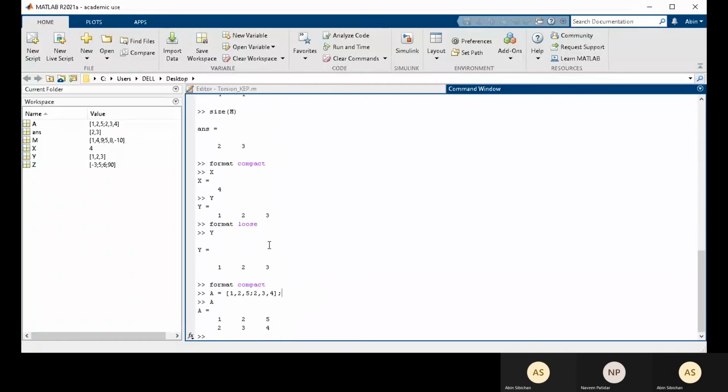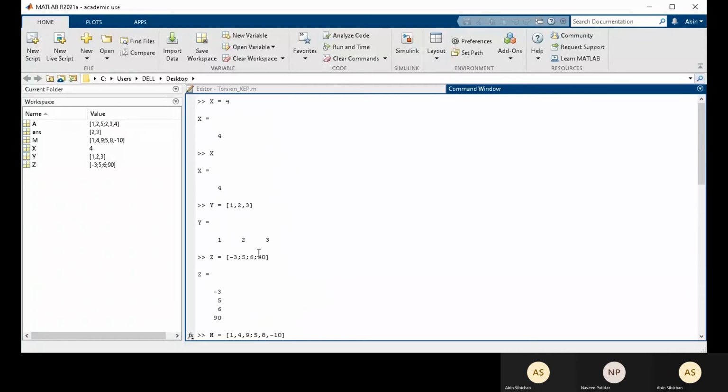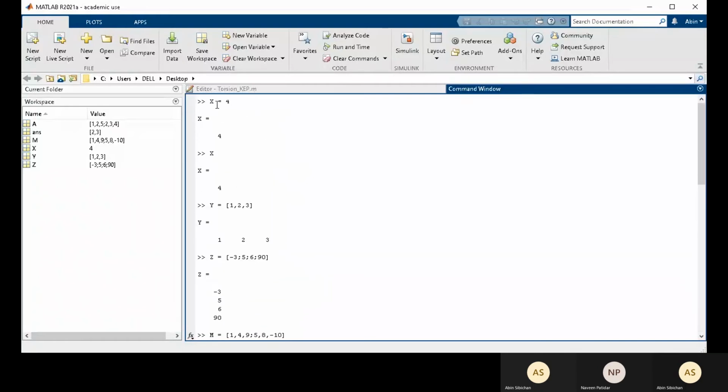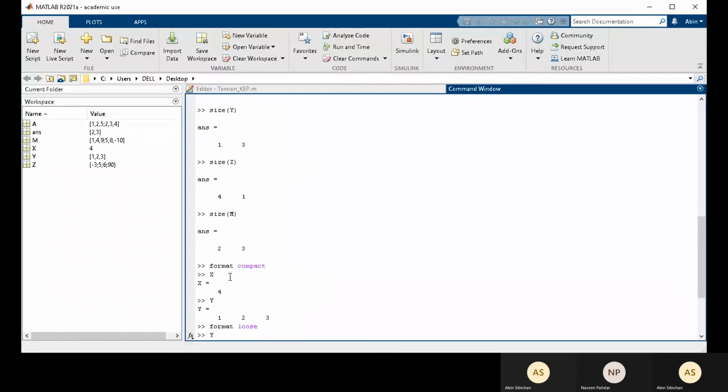Now the next thing is the command window is occupying a lot of space. And to be honest, I don't want any of these x, y, z right now, because even if I want to access them, I have saved them in the workspace. So what can I do? In order to clear the command window, the command used is clc, which stands for clear command window. Now, if I press clc, everything in the command window gets cleared.